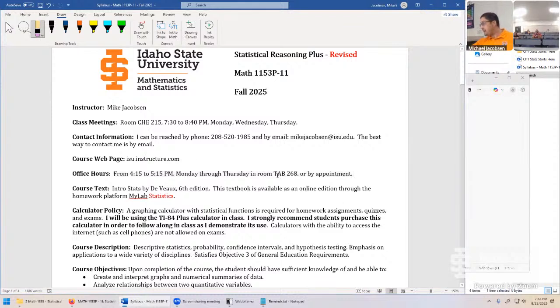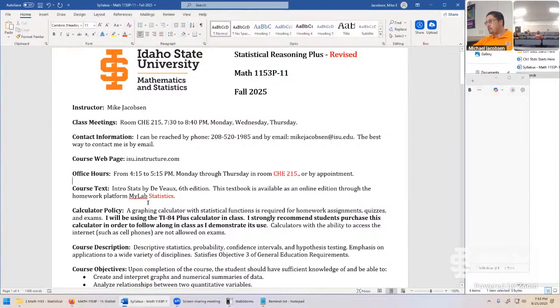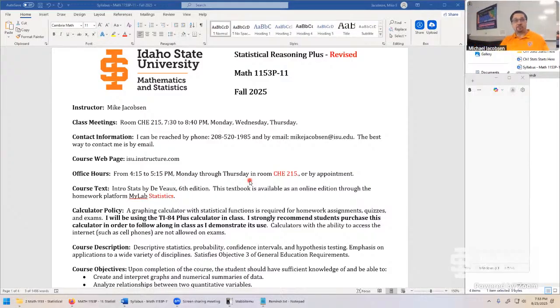And I actually had this updated just today. Did this on my other syllabus. It's going to be in this classroom. So nothing too weird to have to figure out about that. I'll be here 4:15 to 5:15 every Monday through Thursday. If there's ever a reason I had to interrupt these office hours, and that would be very rare, I would give you an email heads up so you don't just drive here and come into an empty classroom.